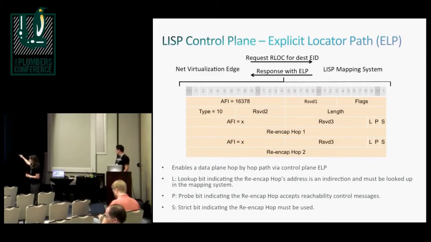And each locator here, which is the re-encap hop, so you can have multiple hops. Here we have 2 re-encapsulation hops. But you can have as long a path as you would want, and each re-encap hop basically has the same kind of Lisp stack. It would get the packet, decapsulate it, forward it to, let's say, a service or do some sort of processing on it, and then again re-encapsulate to the next hop. So that's how the path is defined.